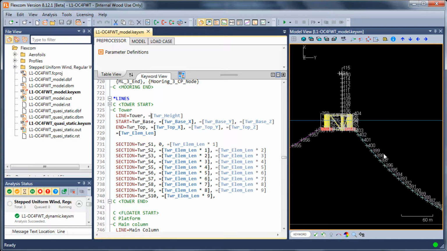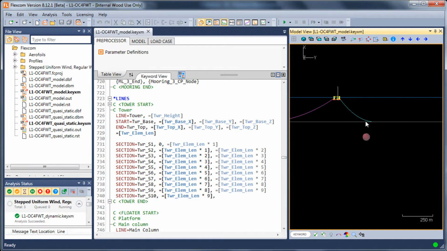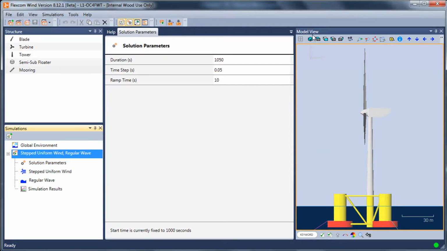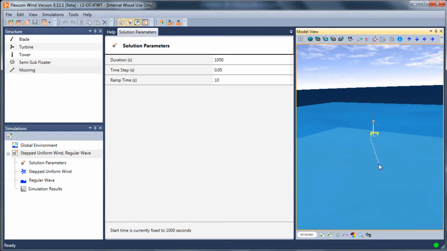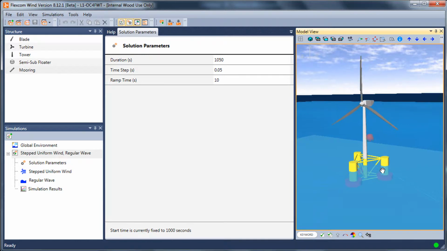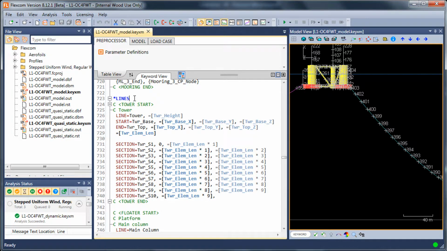If you wish to use Flexcom Wind, you may need to go into the mainstream Flexcom product itself and make some additional changes. For example, if you wanted to put in a different mooring configuration. The Flexcom Wind module is at the moment in its infancy, so it's hardwired just to handle a semi-sub platform with 3 mooring lines. If you wanted to put in 6 mooring lines instead of 3, what you'd do is go into the Flexcom